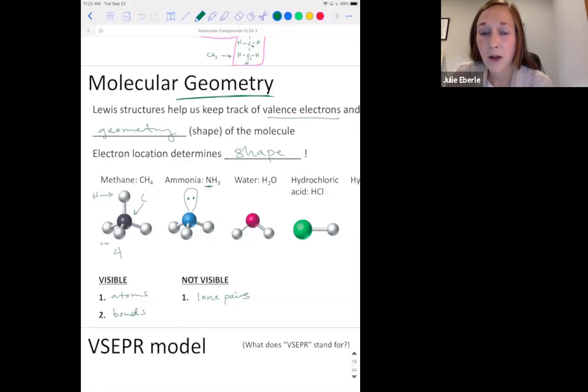And lone pairs are kind of, what's the best word? They require the most space. They're kind of bossy. They tell the other atoms where to go and how close to be, or how far apart they can be. They limit how far apart other atoms can be when they're bonded. What do you know about oxygen in water? We have 2 bonded hydrogens. Oxygen has 2 bonds and 2 lone pairs. So this oxygen would actually have